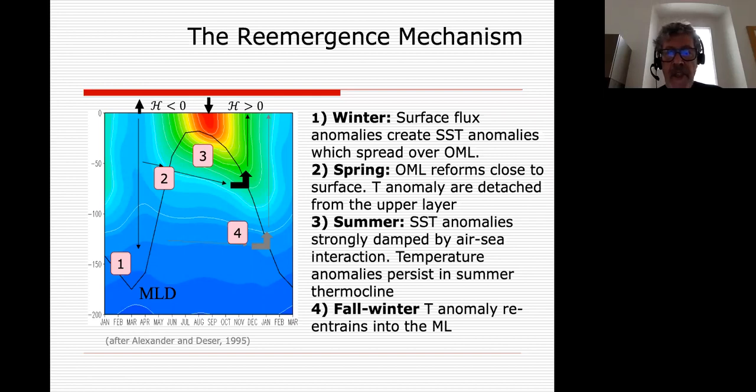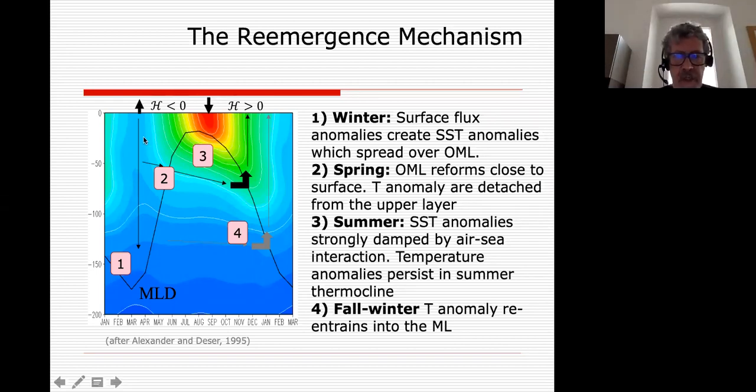winter. And the surface flux anomalies create an SST anomaly that spreads all over the water column as in one. So the major difference here is in the quantity and the quality. The water is cooler, and the mixed layer depth is deeper. The heat fluxes in winter create again